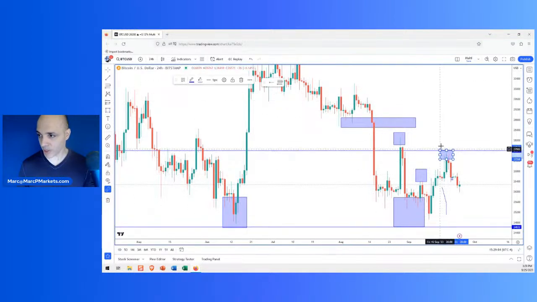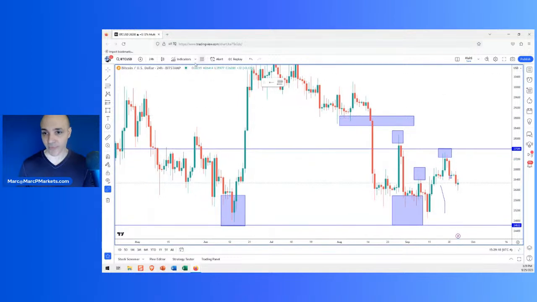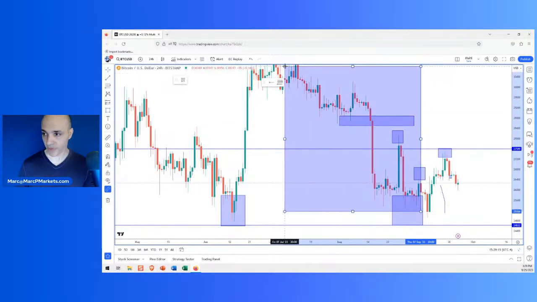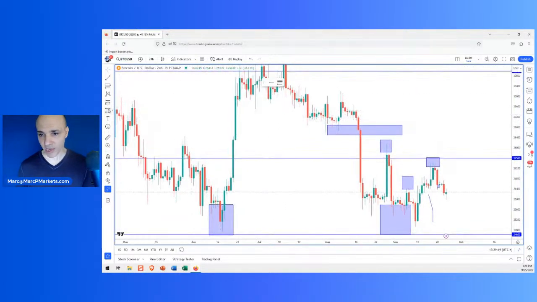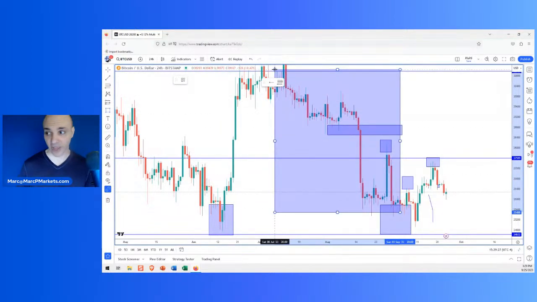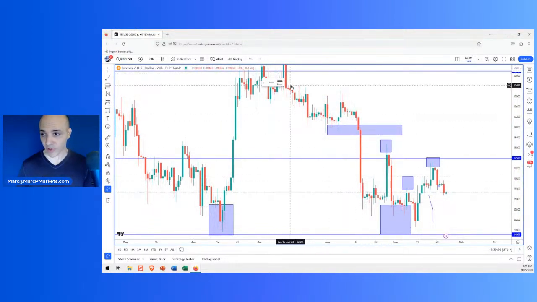This is basically, you could say, well, it's a higher high relative to this high back here. But the thing is, that's not a real higher high relative to the whole structure. This is the whole structure. All right. And this is where a lot of people get this wrong. They get too focused in on small price action. They're only looking at like this area right here. When it comes to context, you have to consider this entire thing. So when you consider that entire thing and you look at this high relative to that entire thing, that's still